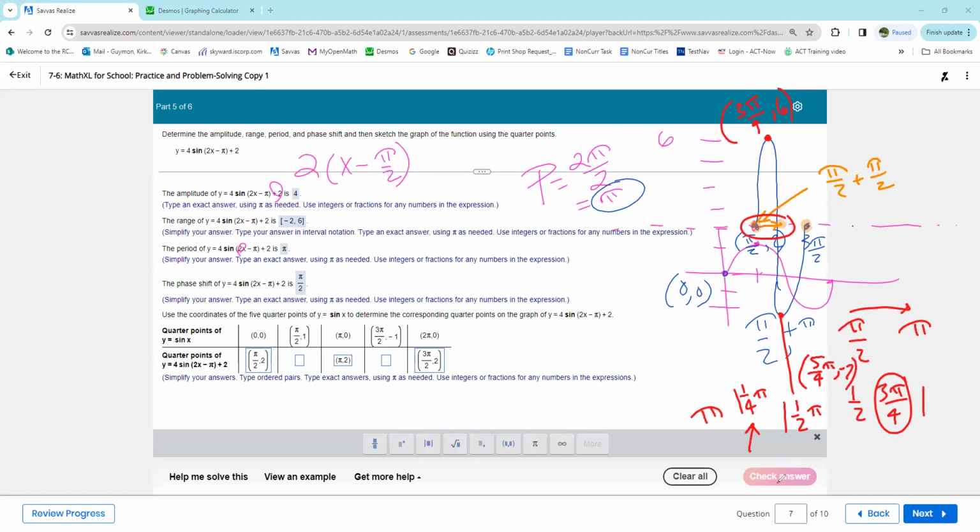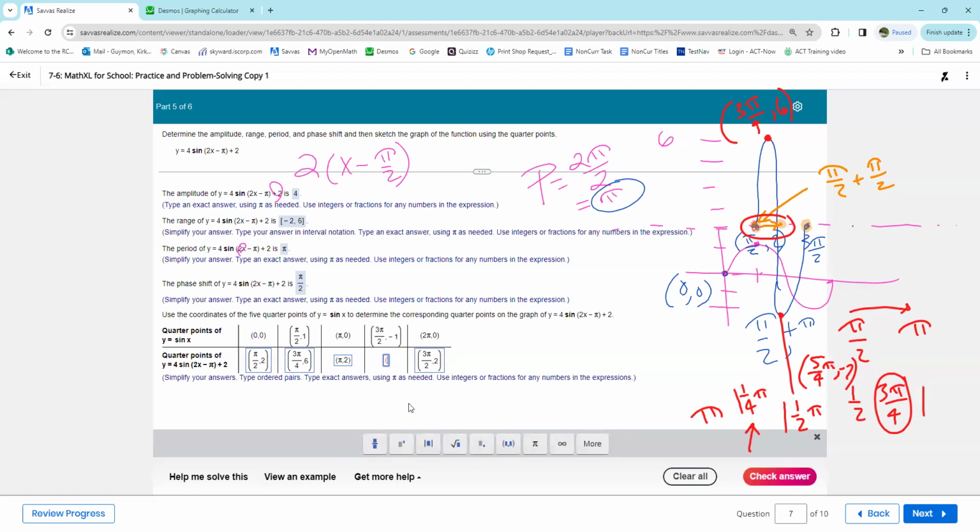Now I'll show you one other way you could also get those same points. Hopefully they match up with what I've just said. This one we said was at 3 pi over 4, so parenthesis, 3 pi over 4, comma, and we were up at 6 on that point. And then for this point, we said we were at 5 pi over 4, down at -2 for the